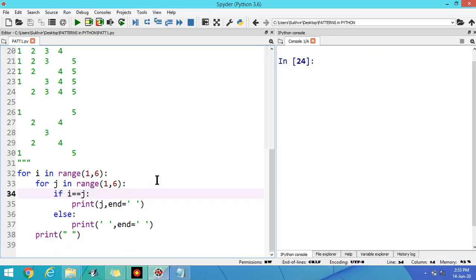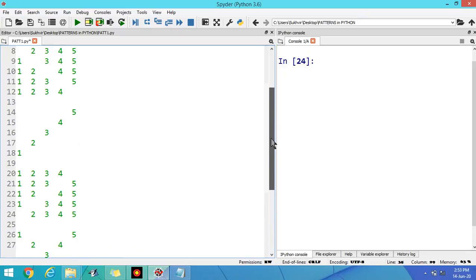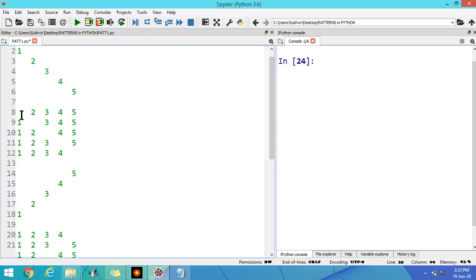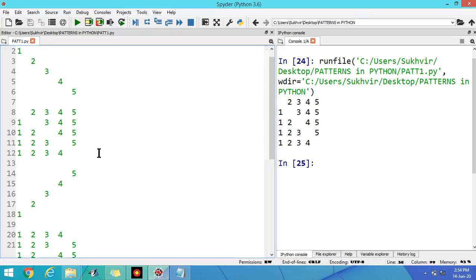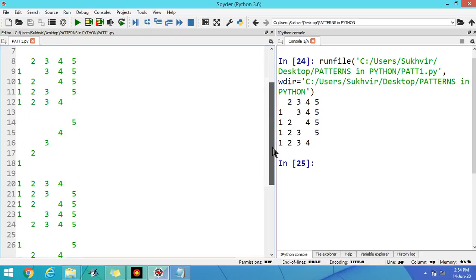Suppose I write here i is not equal to j. Suppose the value of i is not equal to j, it means I can delete the diagonal elements and I can print the other elements as they are. Let us execute the program. You can see the output here: 2, 3, 4, 5, 3, 4, 5, 4, 5. Only I can delete the diagonal elements. That is the second one.